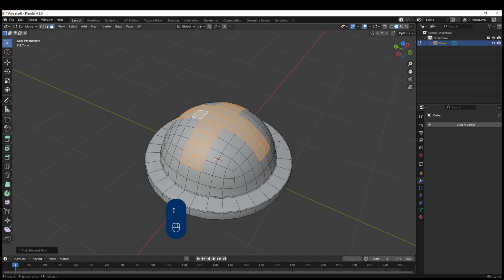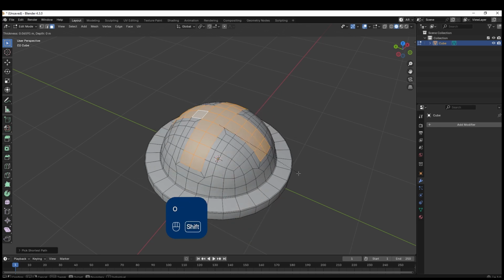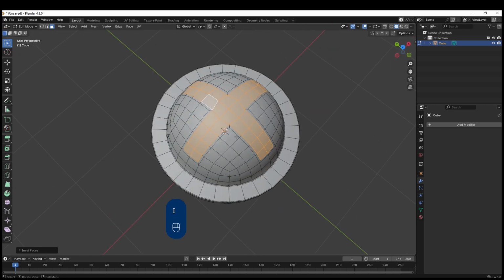If you ever want to inset but do the opposite direction, you can press I and then press O for Oscar, and that will outset. If you have a look now, we have an outset shape. So that's how you do that. So press I to inset, and then we're going to do